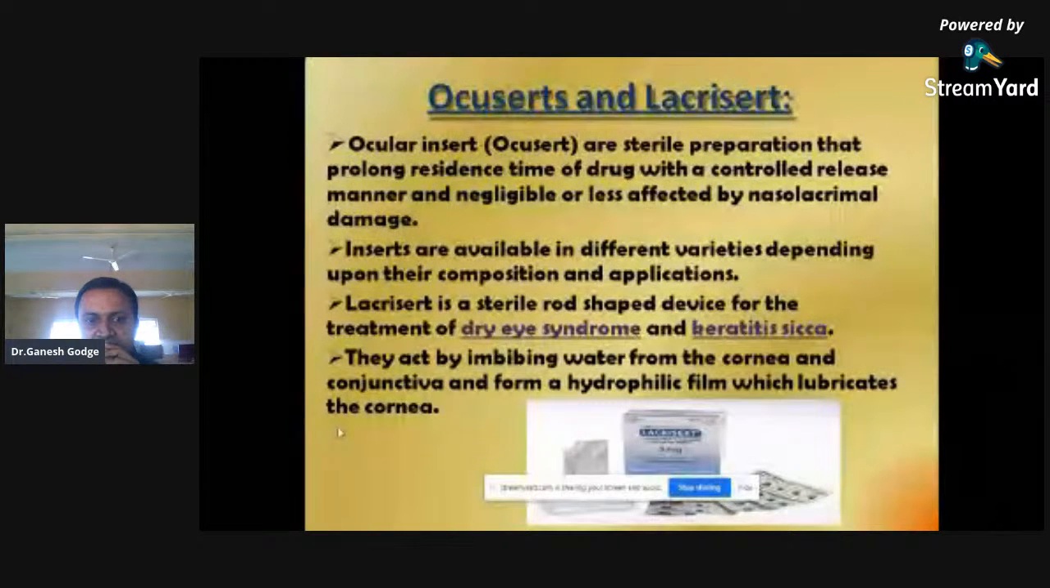Lacricert is a sterile rod-shaped device for the treatment of dry eye syndrome and keratitis sicca, which is an infection of your ocular sac. Dry eye syndrome and keratitis sicca. They act by stimulating the